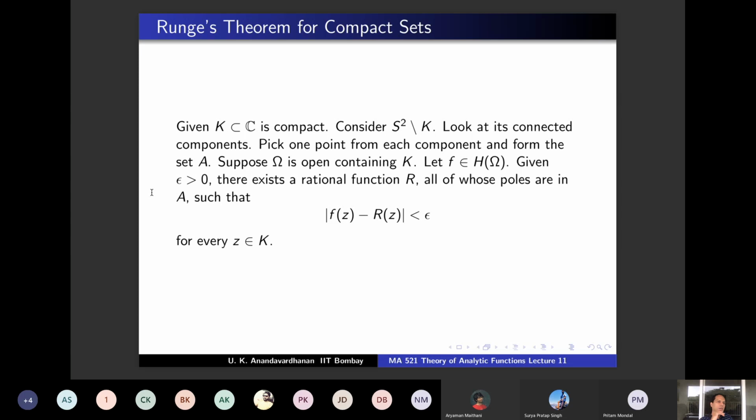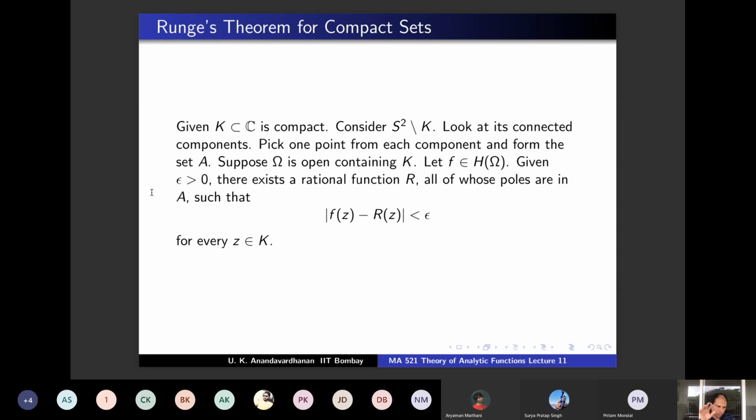So we are going to get into the slides, but remember the structure of the proof. Maybe it's difficult to say without getting into it, but the point is we are going to use that on a disk. We are going to use that the integral dw by w minus z is representable by power series, and it's a standard technique which we have used many times. 1 by w minus z we will expand as a geometric series, and therefore on that disk 1 by w minus z can be written as